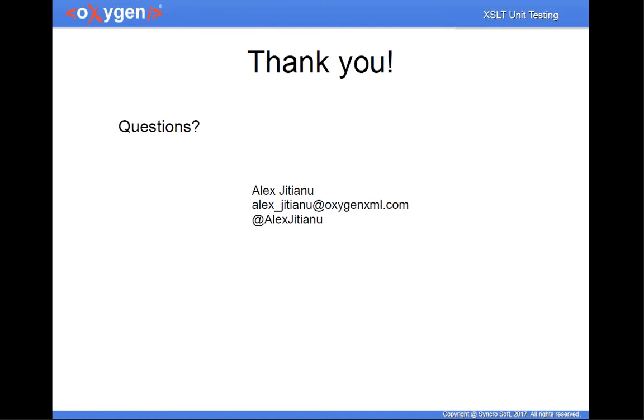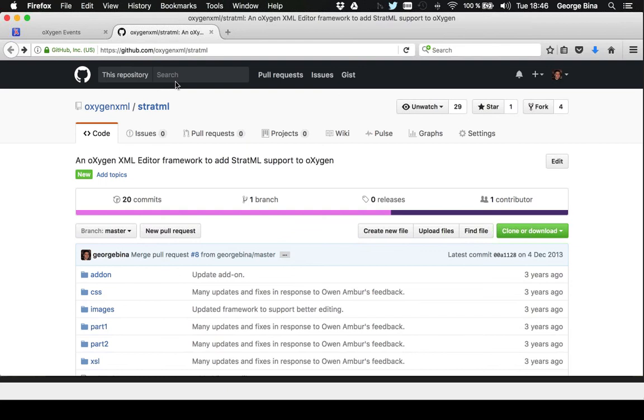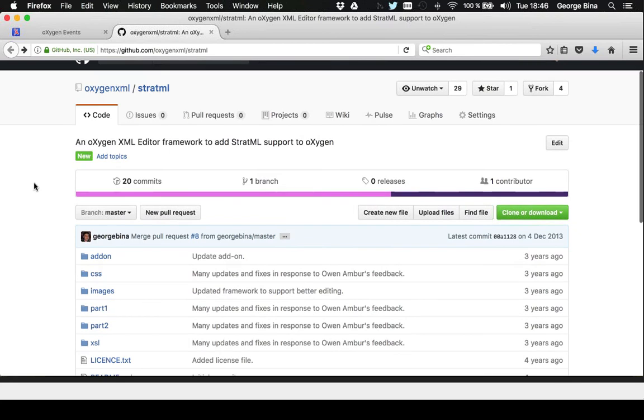And I also think George wants to show you a few XSpec scenarios that he created for some XSLT based author actions. We are changing the pace a bit. George? Okay, so we have a few more minutes till the hour. So let me see if I can change and make myself presenter somehow. Yeah, so I wanted to show you, I remember that I worked at some point on adding